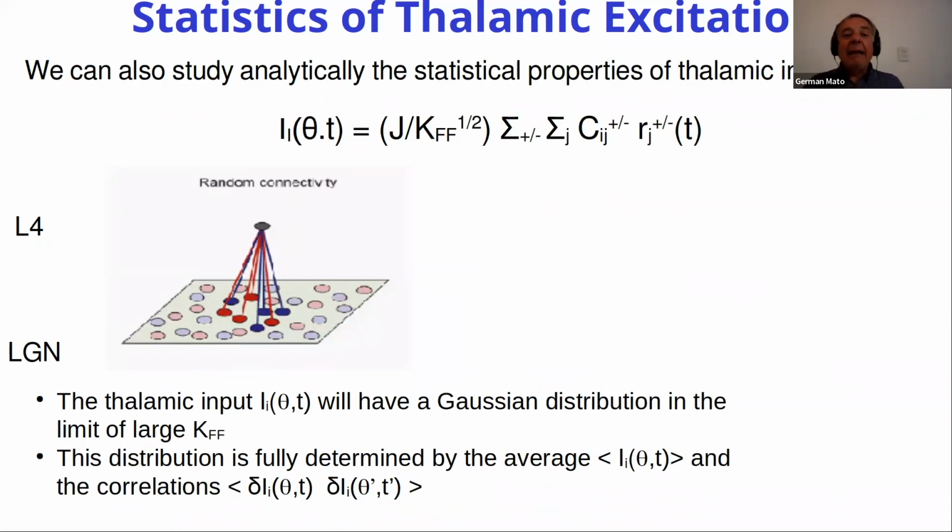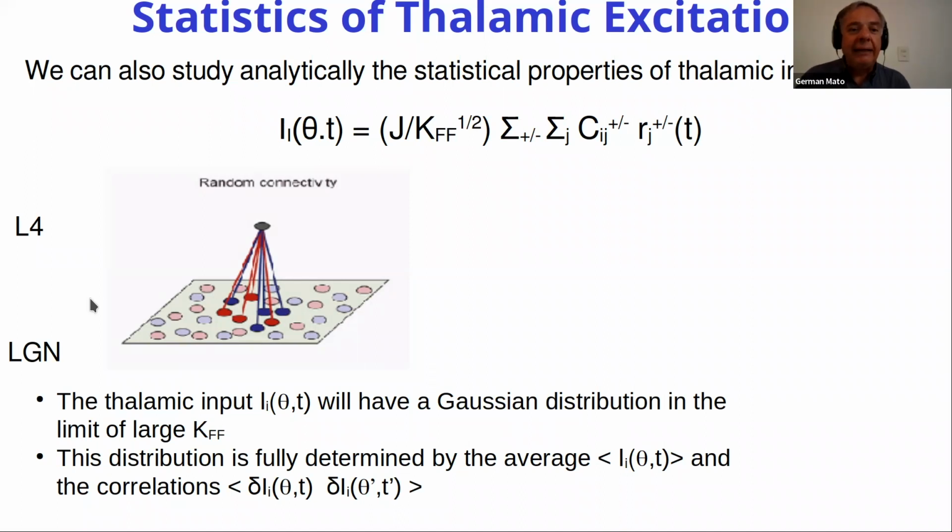The thalamic input will be simply the sum over the LGN neurons of Cij times the firing rate of neurons in LGN, that is Rj of t, multiplied by a constant that is a coupling divided by the square root of the connectivity. Here again we choose the square root for convenience. I will explain this later. Now, what will be